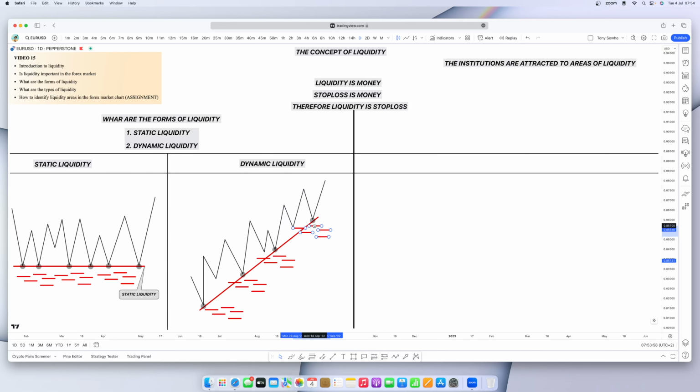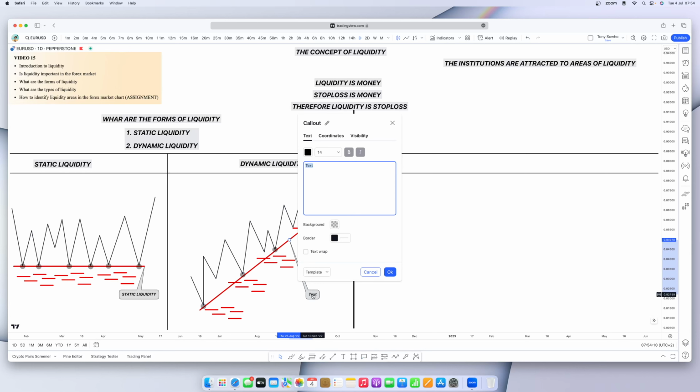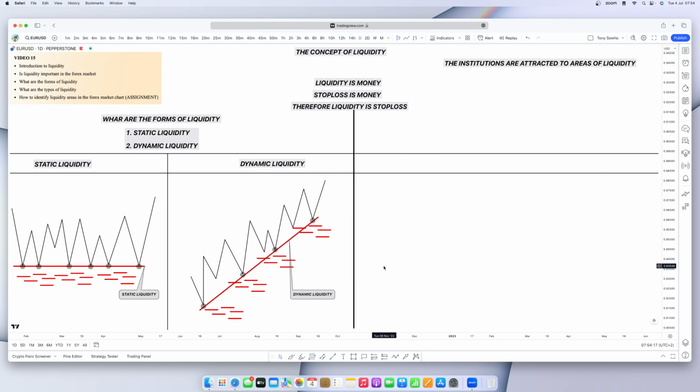So the institutions like to see all of this. They just take price all the way down, boom, and they just sweep all the dynamic liquidity that's there. So this is a dynamic liquidity. See it now? There's a dynamic liquidity. So if this is a static liquidity and this is a dynamic liquidity,